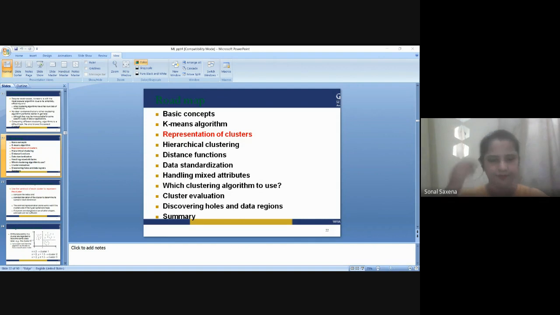Good morning, everyone. So, this is our ML lecture 5, and today we are going to continue with the last topic that we have taken of unsupervised learning, where we have seen the k-means algorithm. We have seen how it processes and how it executes, what all the concepts are, because the k-means algorithm is based on the concept of clustering.